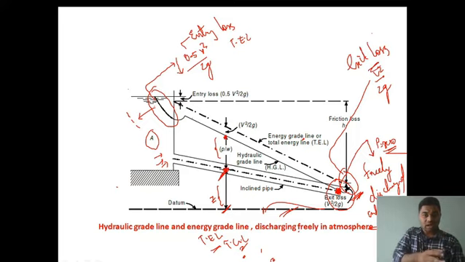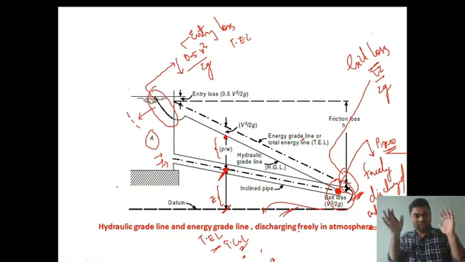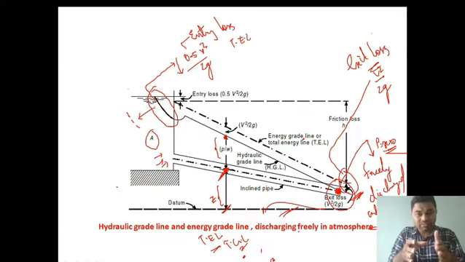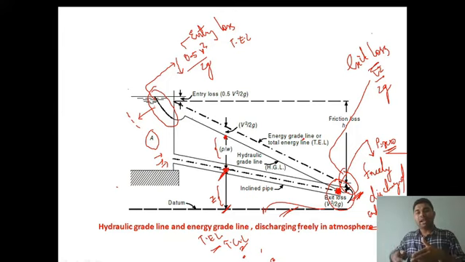So, this is how the sudden transformation of the hydraulic grade line happens when there are reservoirs on both sides, from reservoir A to reservoir B. What was the behavior of the hydraulic grade line? It was meeting the water surface of reservoir B. But here, as the water is freely discharged, it is meeting the center axis of the pipe.